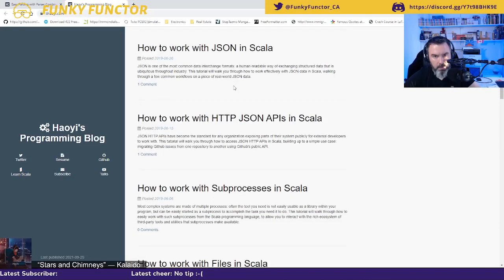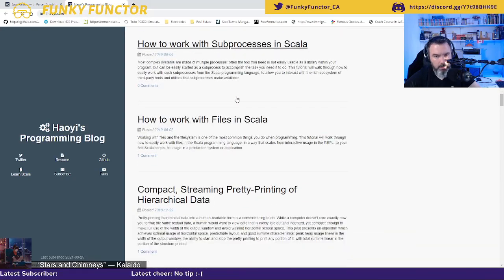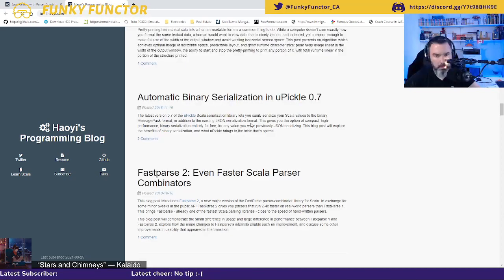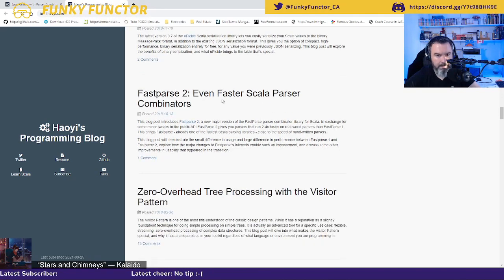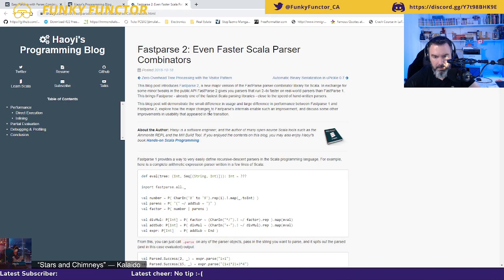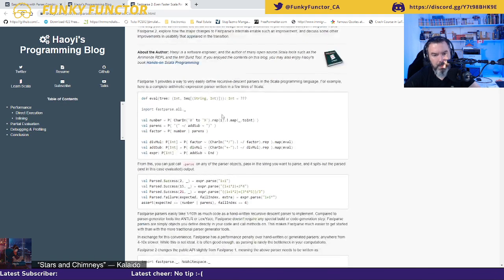Build pipelines, work with JSON, subprocesses, files, pretty printing, binary serialization, fast parse. Hopefully this one should have add sub expression. So div. Okay, so I can have car in plus or minus.